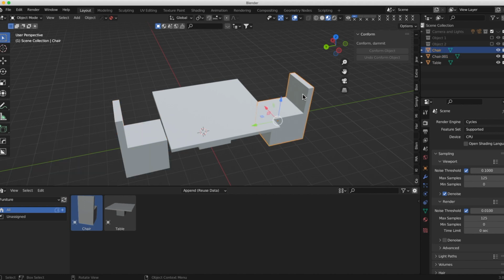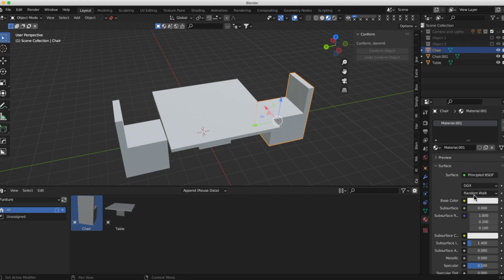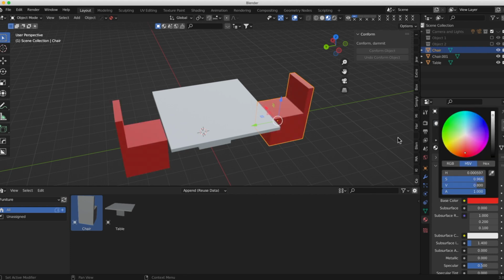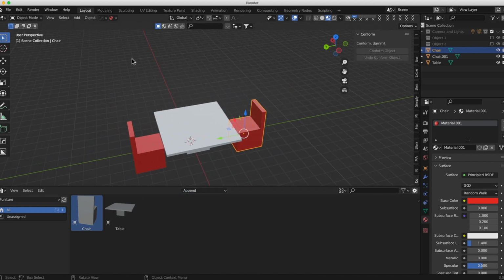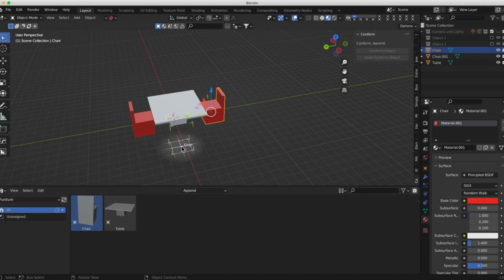So for instance, if I come over here and I change the color of that chair by creating a new property for it, I'll make this red. You can see both objects are now red because they're sharing the same data structure. That may not be what you want, so just keep in mind with reuse data, they're going to share a lot of the data features, and just by appending that object, if I grab in another object here,